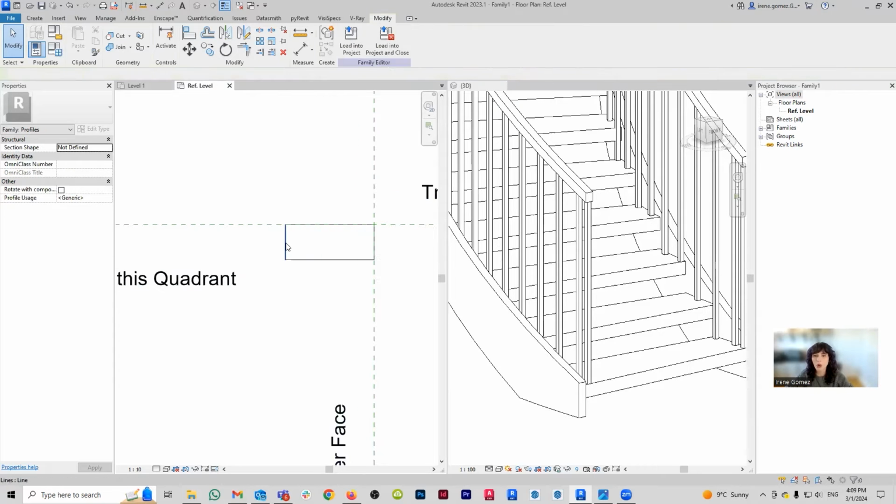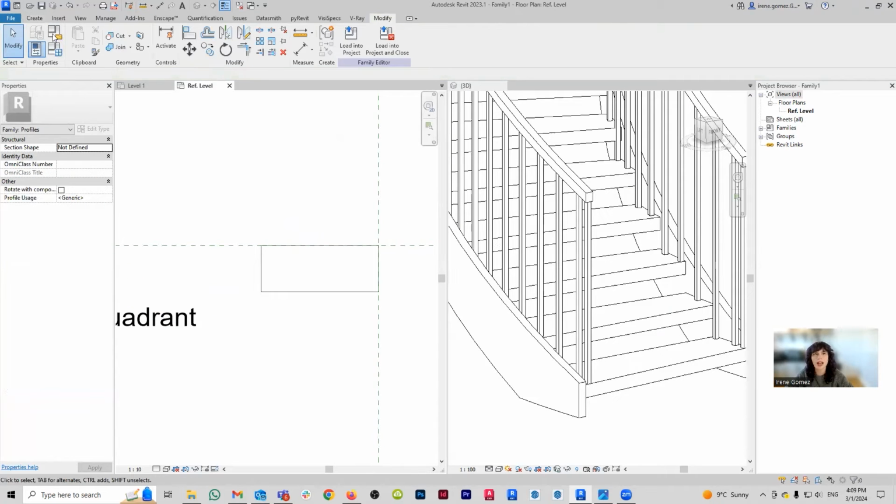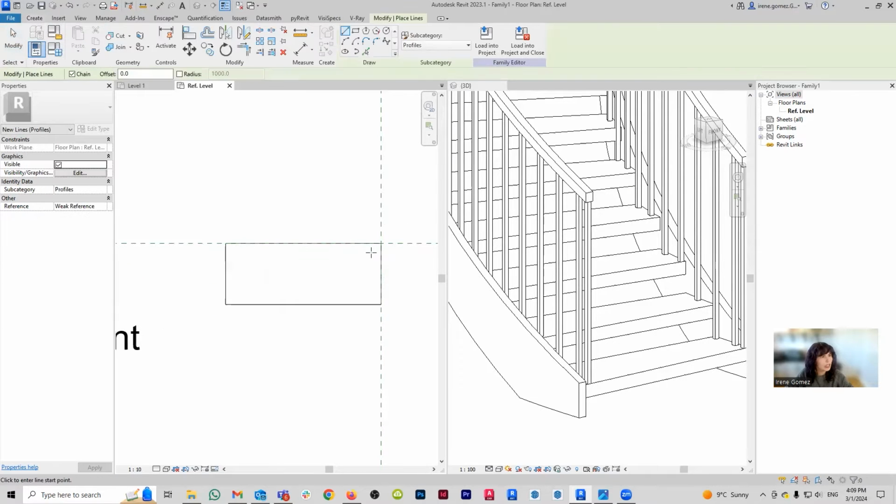Okay, now how deep my thread needs to be is going to be basically however much I need to accomplish the detail. So in the image, you can see that there's a little bit of normal step, and then comes that little metal profile. So I'm going to try to mimic that by giving it a little bit of a gap. The gap seems to be certainly less than the thickness of the step. So let's say that we're going to give it maybe like 25.